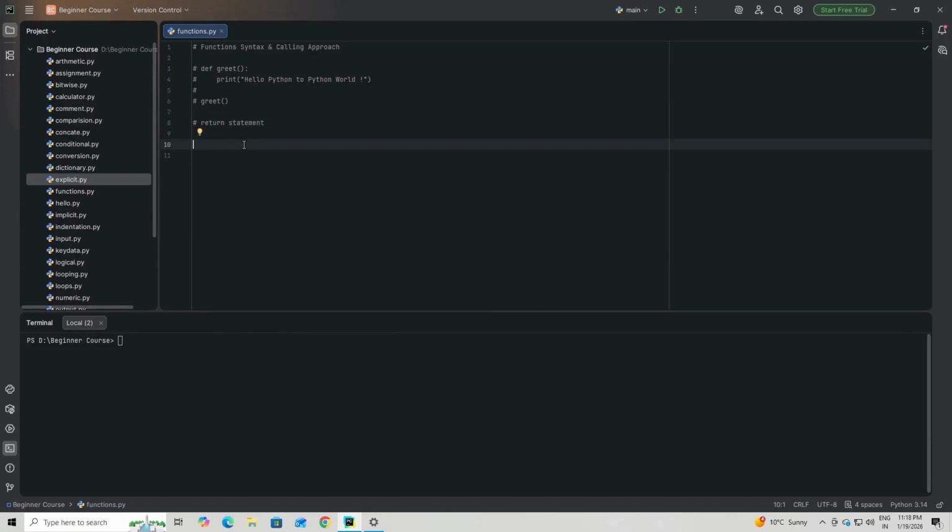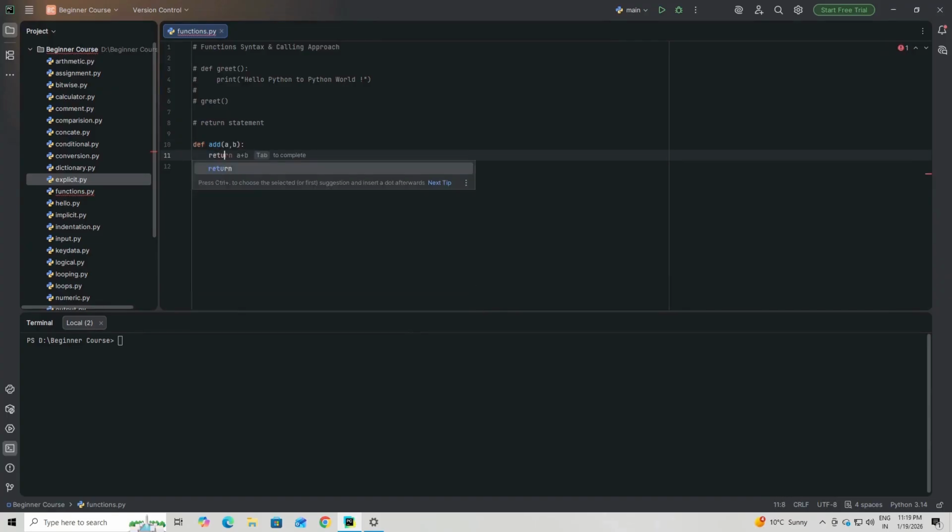As we already know, if you want to use a function, then we use the def keyword. For simplicity right now, I am going to perform addition of two numbers, taking a user input from the user side, performing the evaluation and getting the result back to the user. So here I use the def keyword and I want to perform an addition. I will name the function add, and I want to take two variables from the user, so a comma b in the parentheses, then the colon, then inside the function body I can use the return keyword,